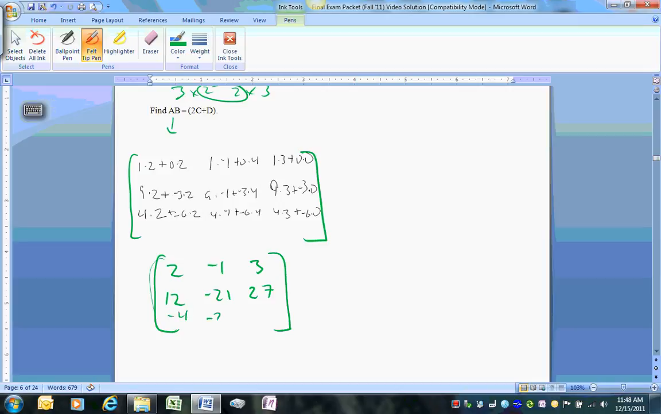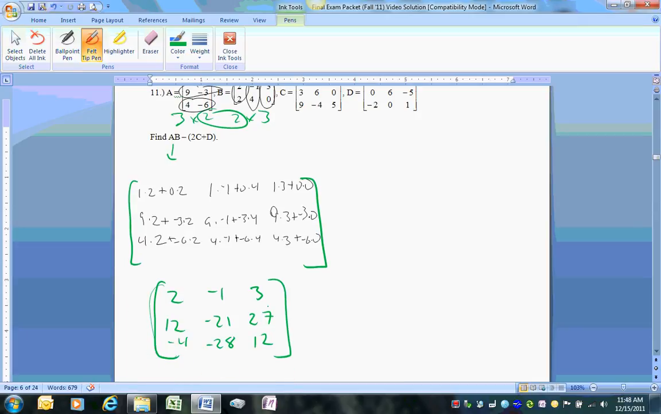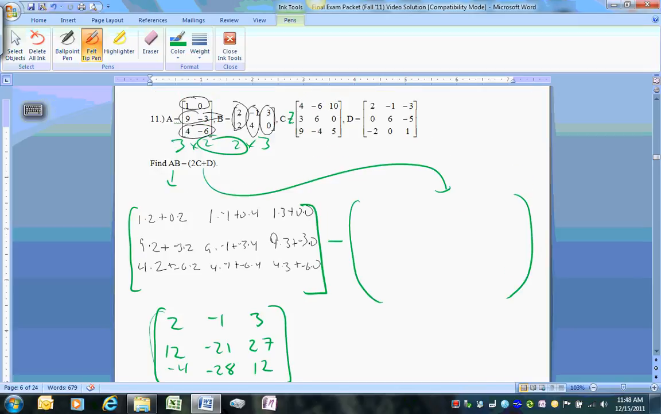-4, -28, and 12. Then over here, so you want to do 2C, so you distribute. So if I distribute, I should get 8, -12, 20, 6, 12, 0,